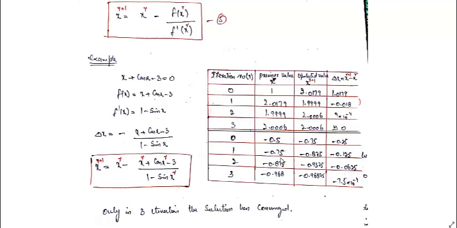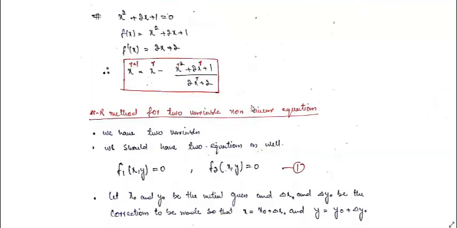This is again when we put x equal to minus 0.75, delta x will be equal to minus 0.125, and x r plus 1 is equal to minus 0.875. Similarly, when we put x equal to minus 0.875, delta x will be equal to minus 0.075625, and x r plus 1, that is the updated value, will be this. Similarly, for the other iterations, you can see it has come down to a very small value. In this case, this will converge. This is the Newton-Raphson method for a single variable